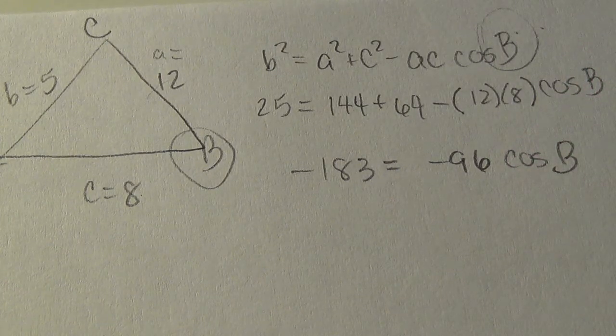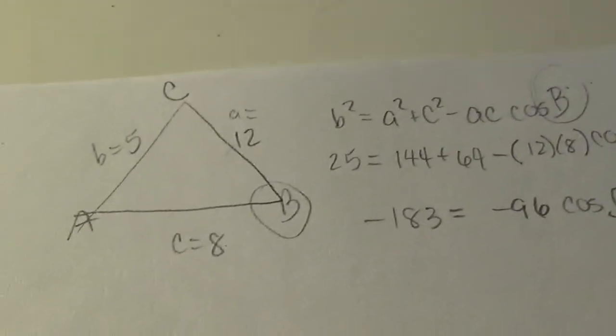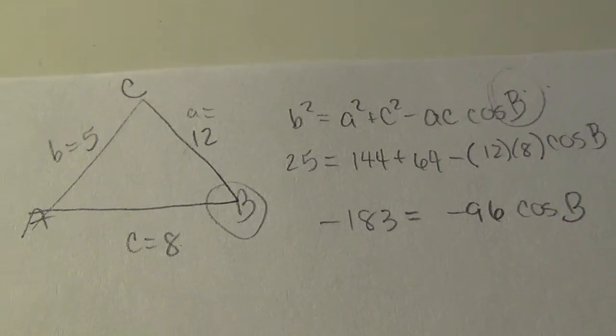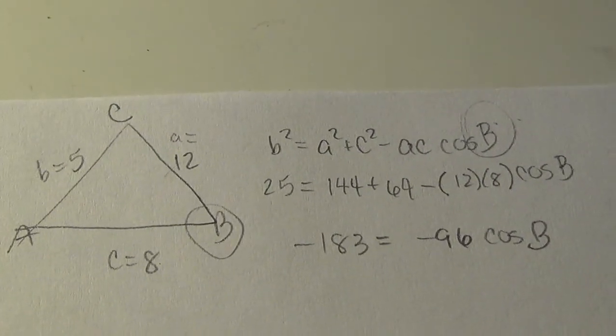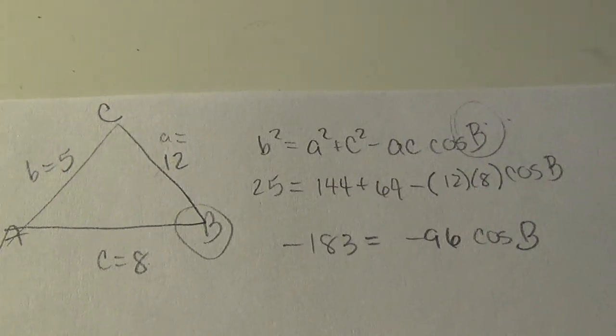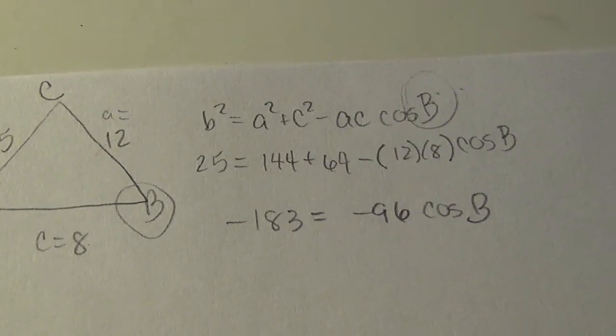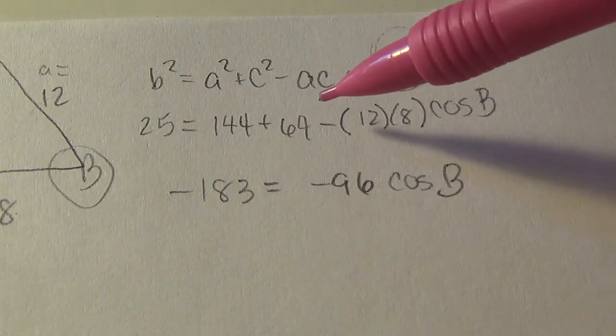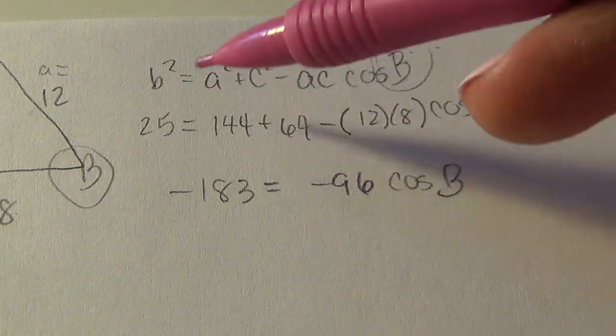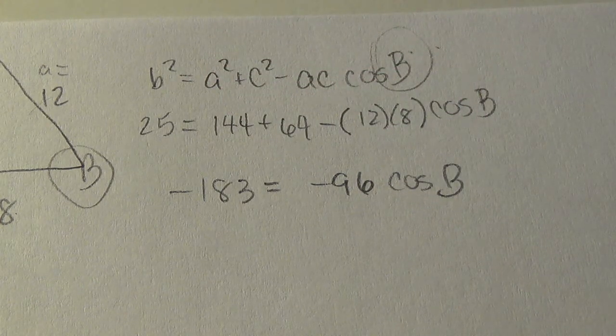All right, this isn't going to work. Let's see what happened. b squared, b is 25, c is 8, and a is 12. Okay, 25, 144, just checking my work here. I still get that. All right, because